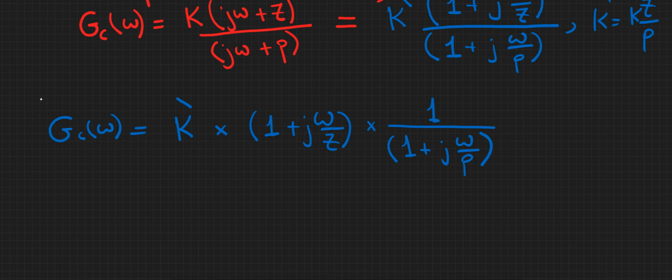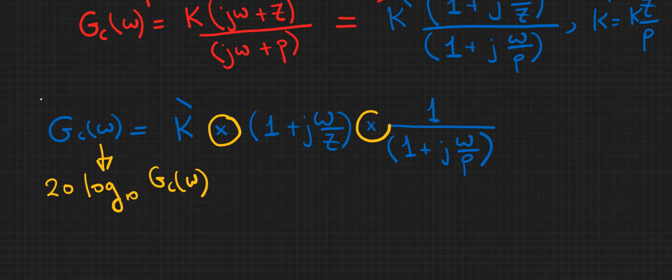So when we take the Bode plot, the Bode plot is just the log of that. So we take 20 log to the base 10 of the GC of omega. So this multiplication is changed into an addition. So if we are able to obtain the Bode plot of this term and this term and this term, then all we do is add them together,